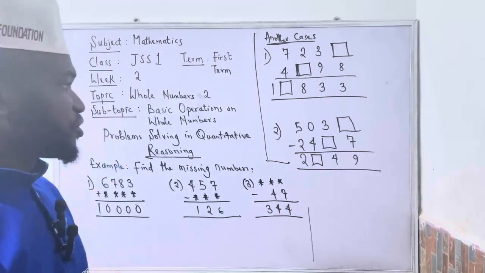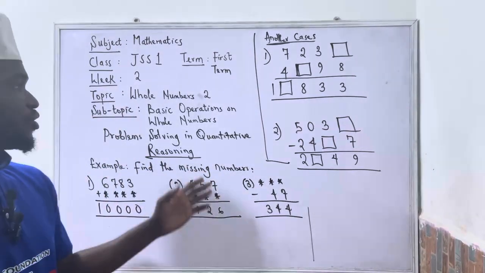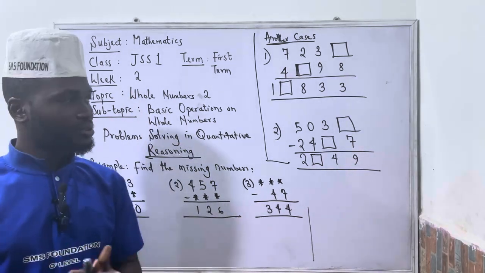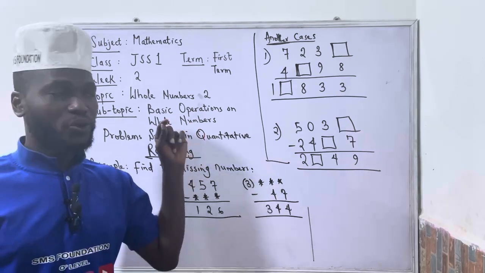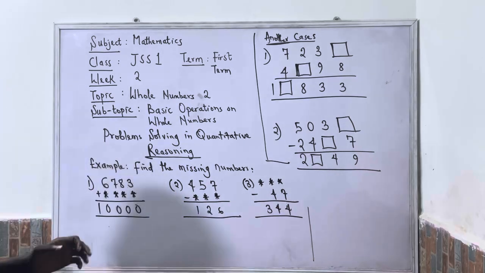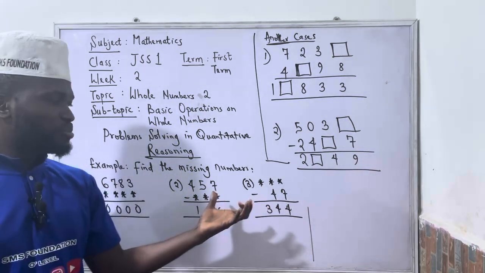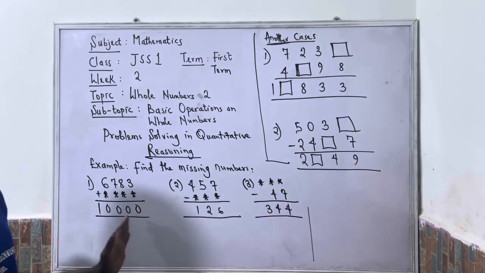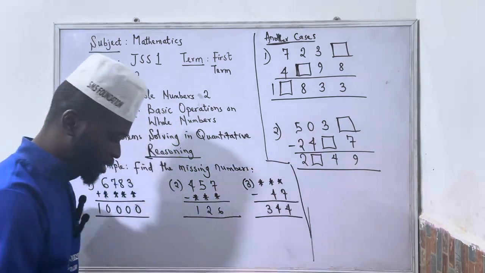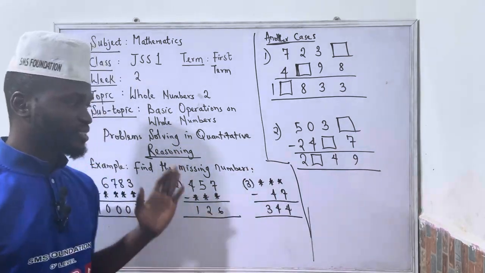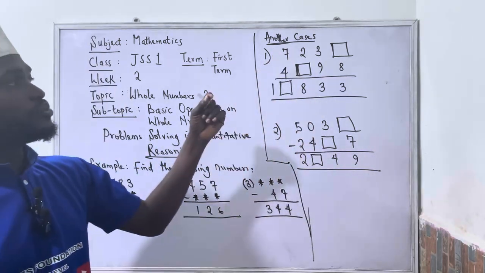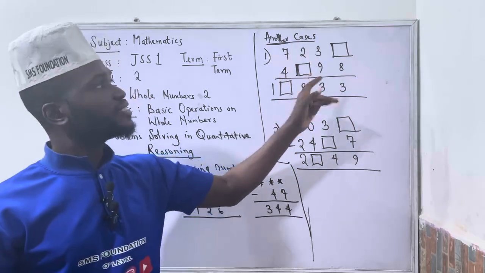Let us see quantitative reasoning on whole numbers. So this will be the last video that I will be making on whole numbers. Now, if you look at what we have on the board, we have cases of missing numbers. For these three questions, we have cases of when a complete number is missing. And the second case that we have here is when some particular digits are missing,